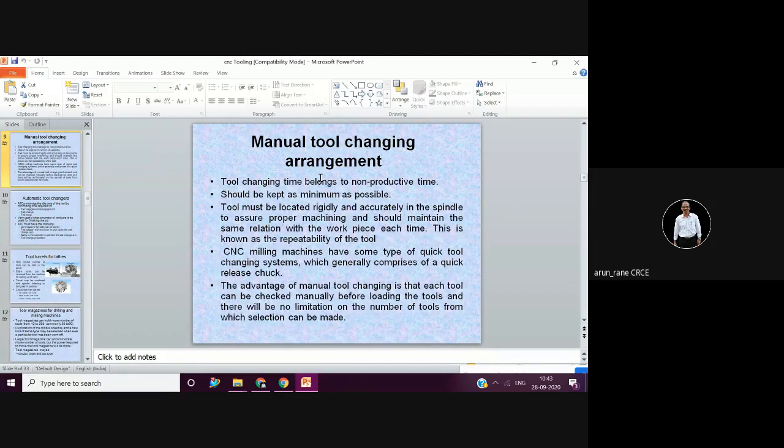So this is one device. And when to go for manual, when not to go for automatic tool changer. Like you have applications like tool and die making, tool and mold making. उसमें क्या रहता है, once you mount the tool, then the machining goes for 1 hour, 2 hours, sometimes 8 hours also. Finish machining 8 hours.